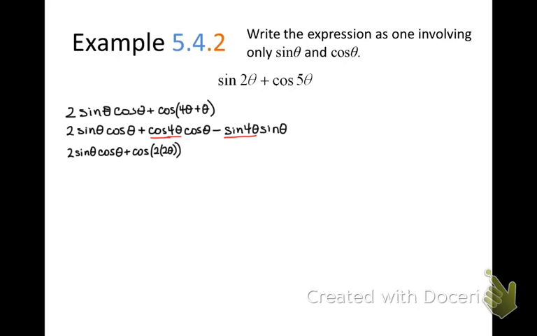Okay, so keep on writing. You've got the cosine of theta. We're going to do the same thing to that sine of 4 theta. We're going to look at this as the sine of 2 times 2 theta times the sine of theta. All right, so let's expand those double angles out. We've got 2 sine of theta times the cosine of theta